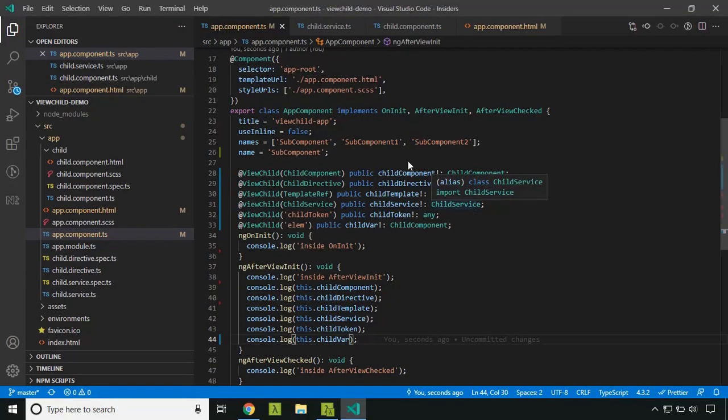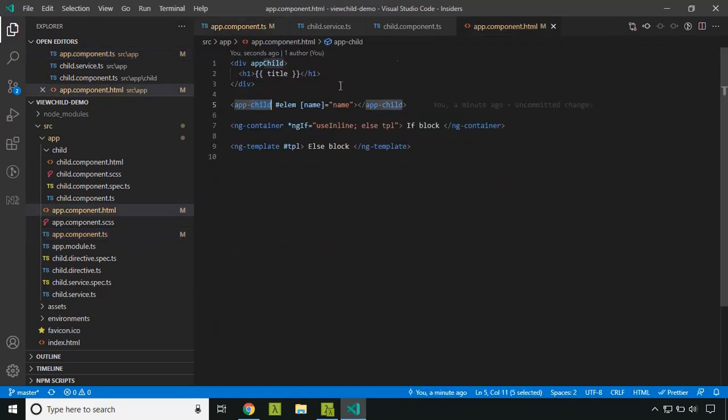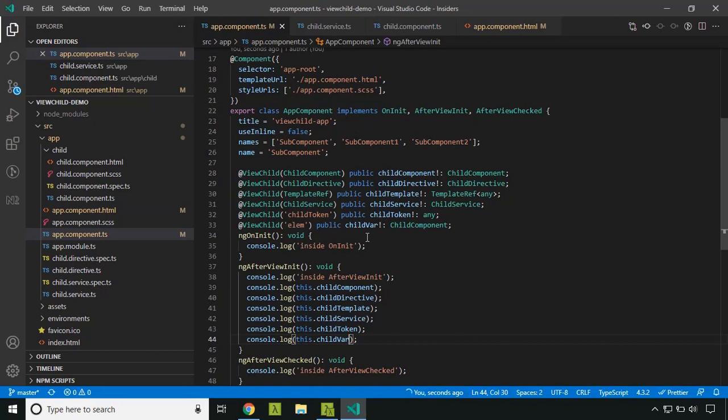So here you can see that actually we are getting the child component instance itself. So now let's again add the same thing to any other element. For example, here I am adding this to the directive. So what happens here is that when we try to query this, we will be getting an element reference.